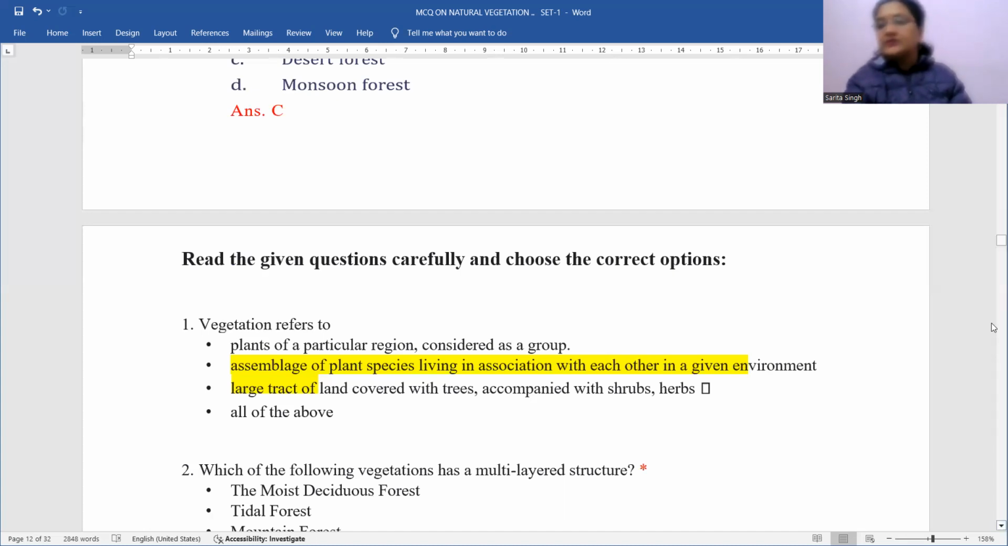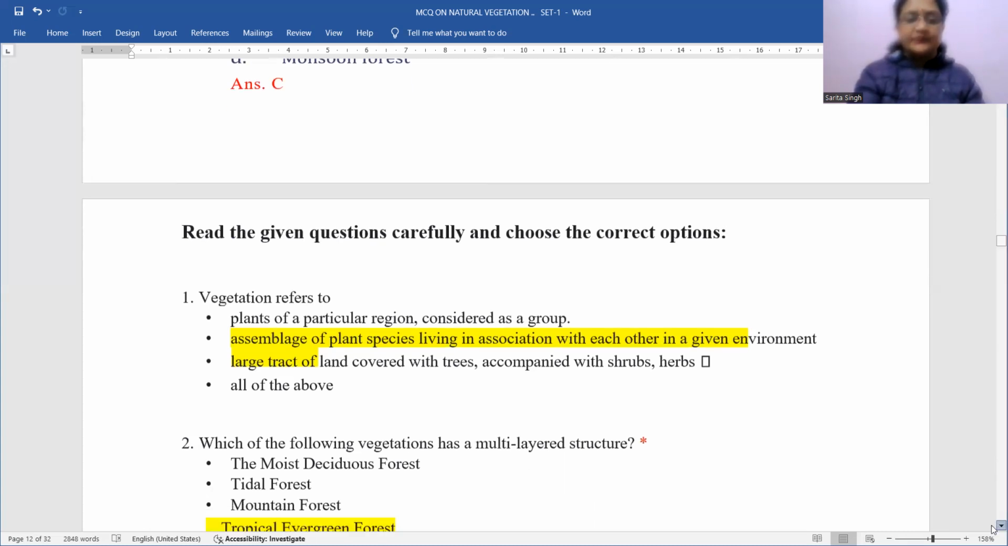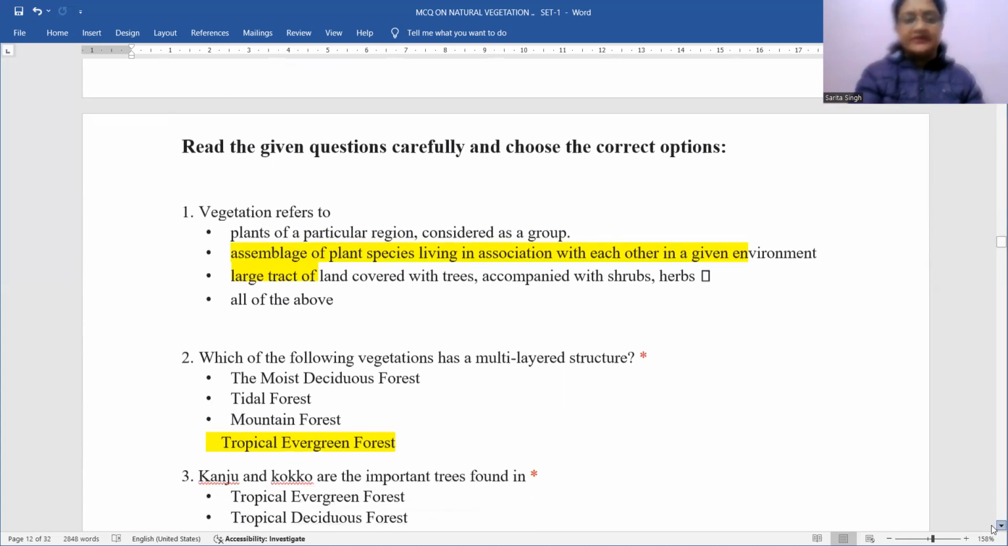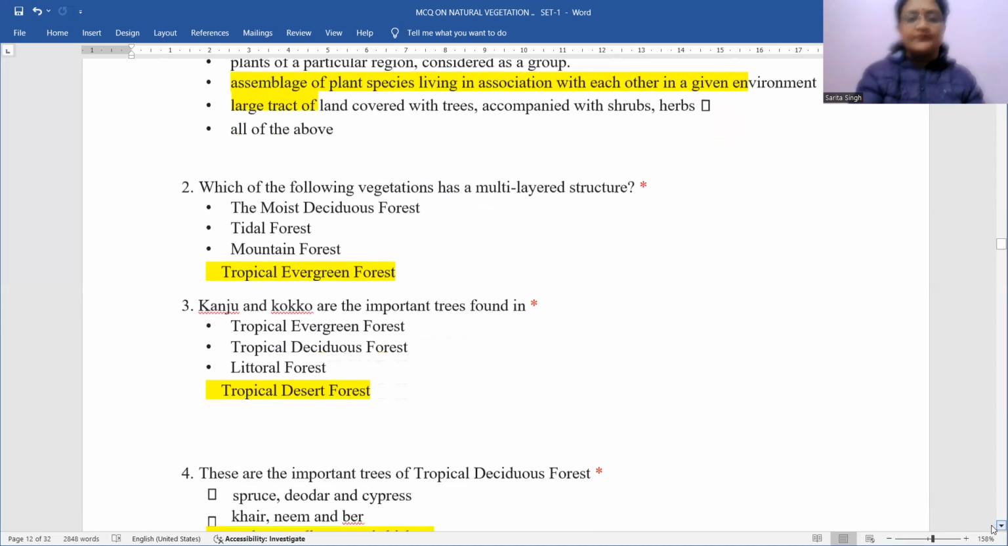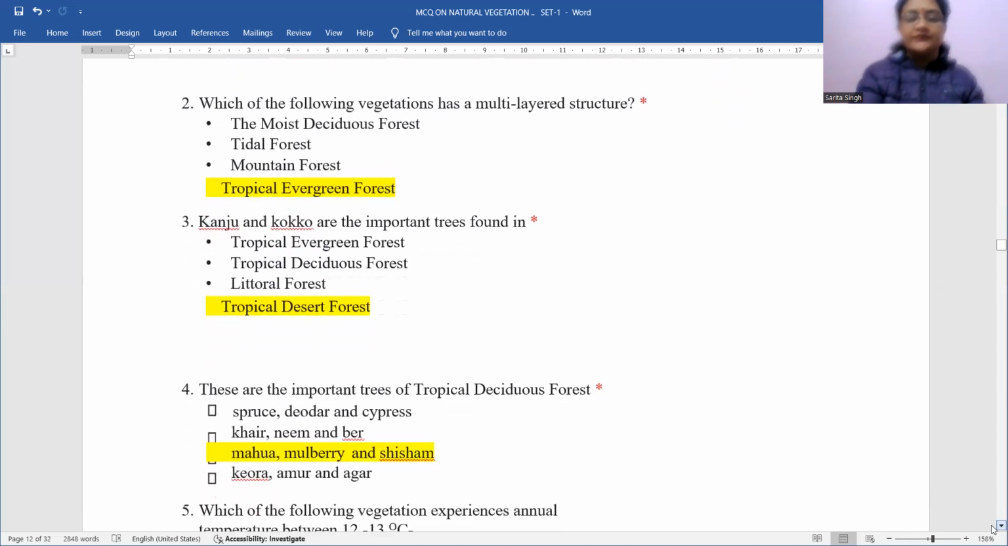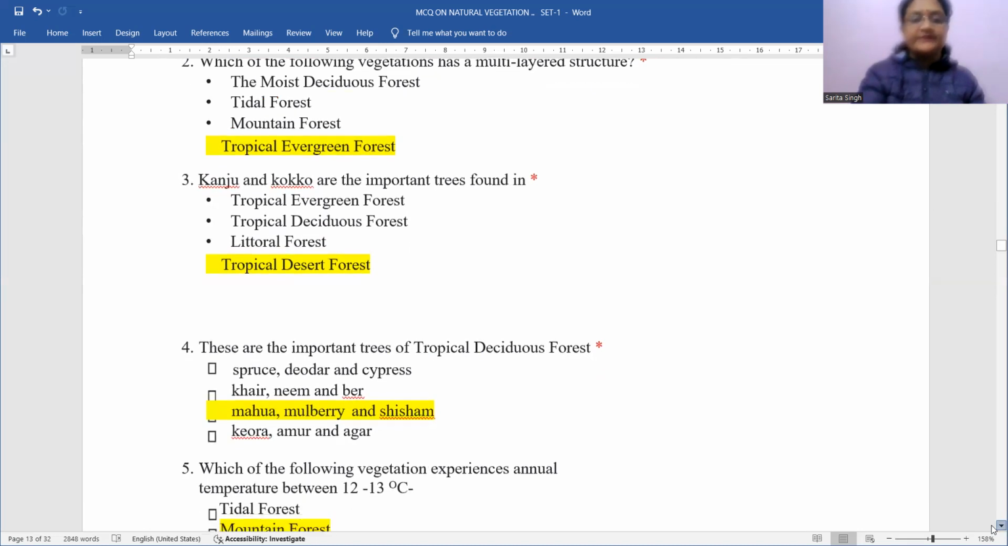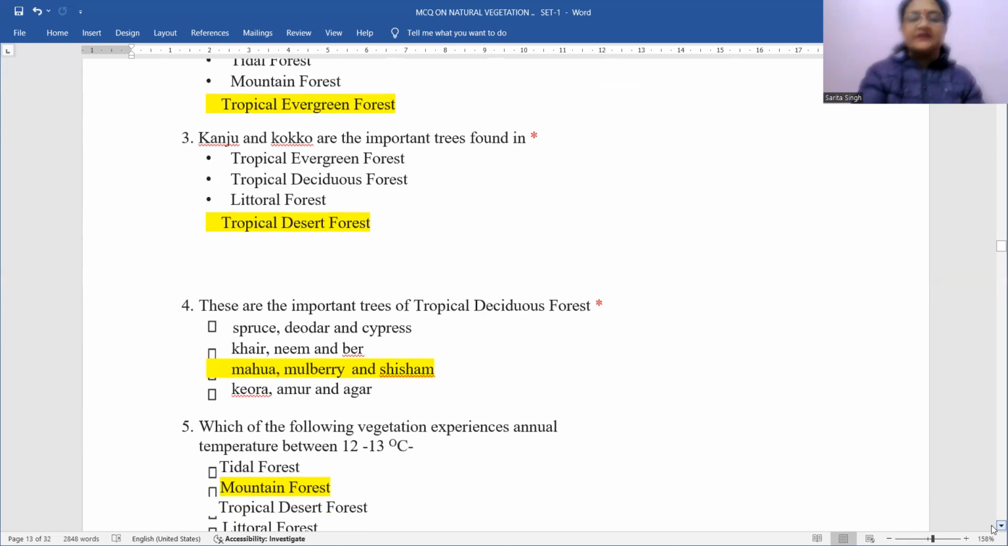Next, which of the following vegetations has a multi-layered structure? ये है ट्रॉपिकल एवरग्रीन फॉरेस्ट। ओके, नेक्स्ट क्वेश्चन है बच्चों, कंजू एंड कोको आर द इंपॉर्टेंट ट्रीज फाउंड इन, इसमें ऑप्शन हो गया ट्रॉपिकल डेजर्ट फॉरेस्ट। ओके, नेक्स्ट क्वेश्चन है, दीज आर द इंपॉर्टेंट ट्रीज ऑफ ट्रॉपिकल डेसिडियस फॉरेस्ट,